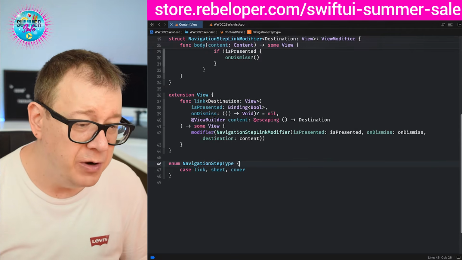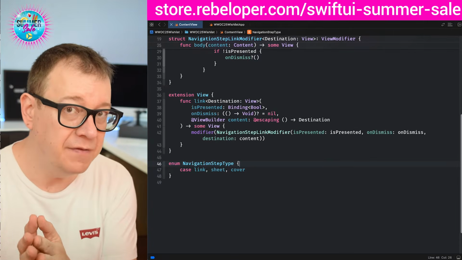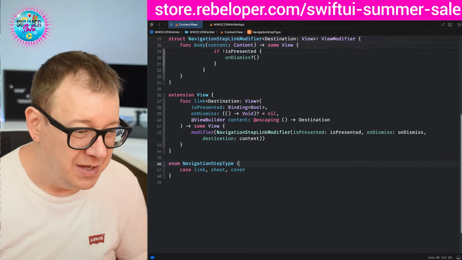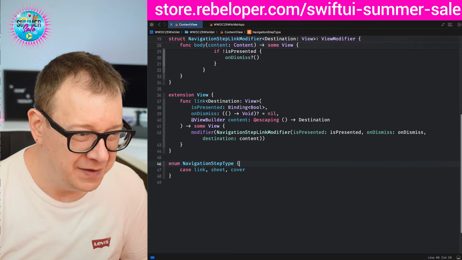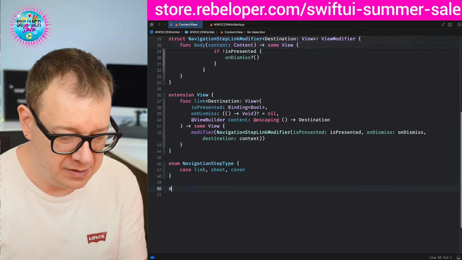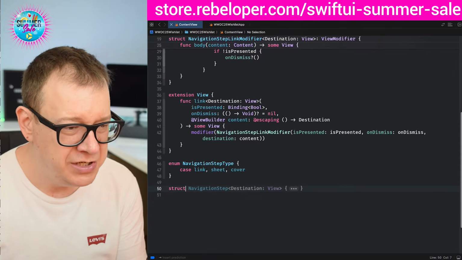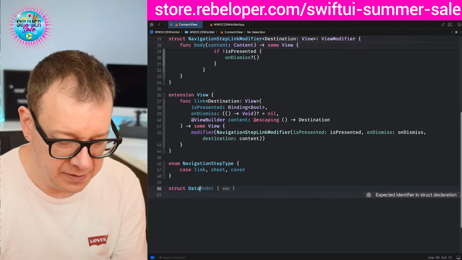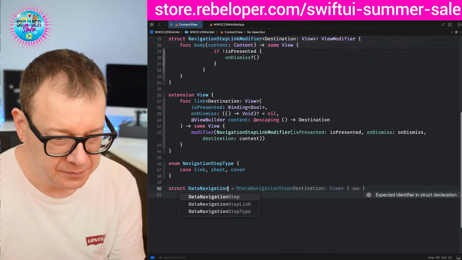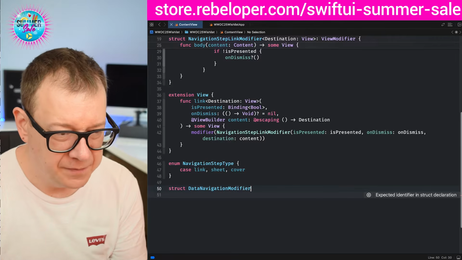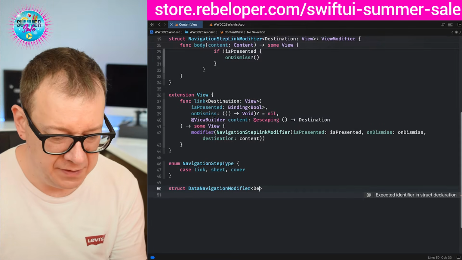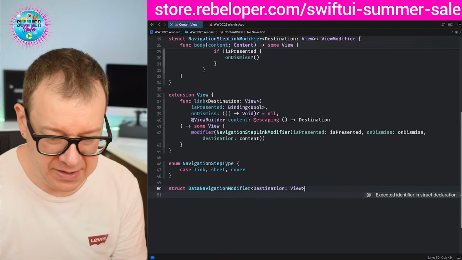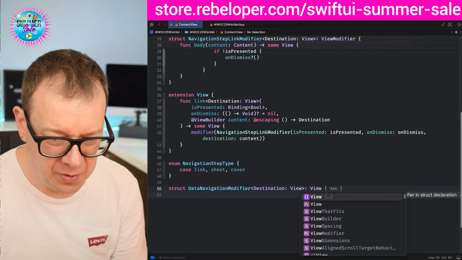And next up, we want to create another view modifier that has all of these three combined. So let's just start off, and I'm just going to call this, first of all, a struct navigation, data navigation modifier. Let's just call it like that. Data navigation modifier. Okay, it does have to have a destination of type view,